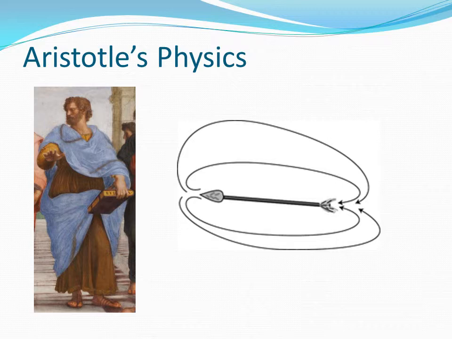So, to summarize the ancient Greek contribution, you had Plato, who is describing a mathematical ideal, and Aristotle, who is observing the world, classifying, and trying to explain what he sees around him. And these are two different poles of understanding, meaning they're not necessarily opposed to one another, but they're very different.